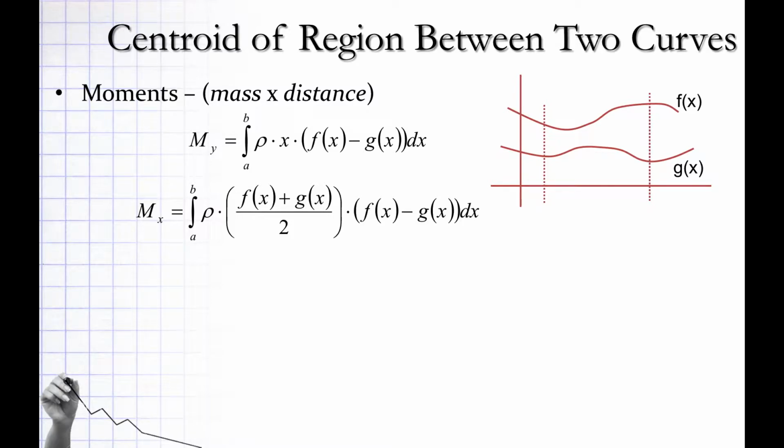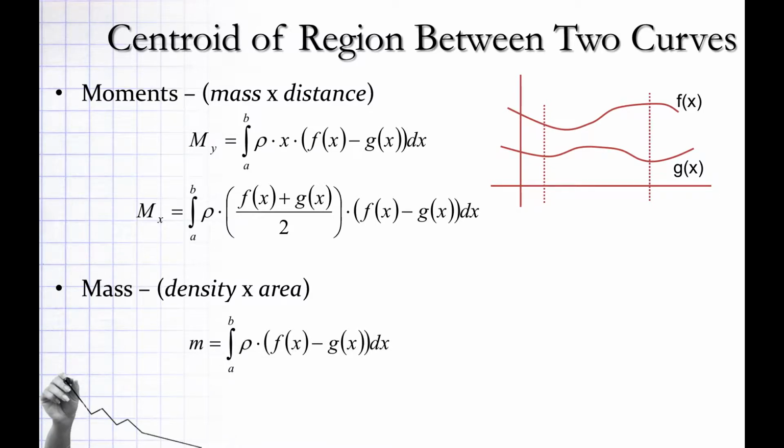So how does one of those give you the y coordinate of the centroid? Well, this is figuring out the moment about x. That's why we're using how far away we are from the x-axis. That's giving us our height. So this is going to help us with our y coordinate. And we're going to take each of these moments and divide them by the mass, density times area. Got it?